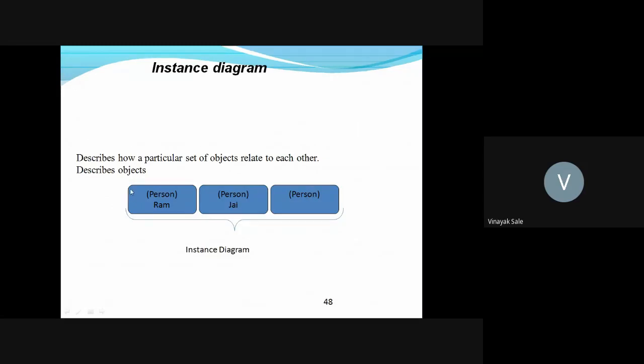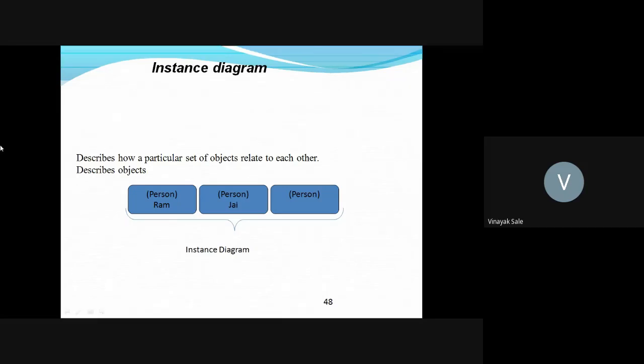In the previous diagram we have seen the class diagram. A class diagram is shown with a pure rectangle, whereas the object diagram is shown with a curved rectangle.